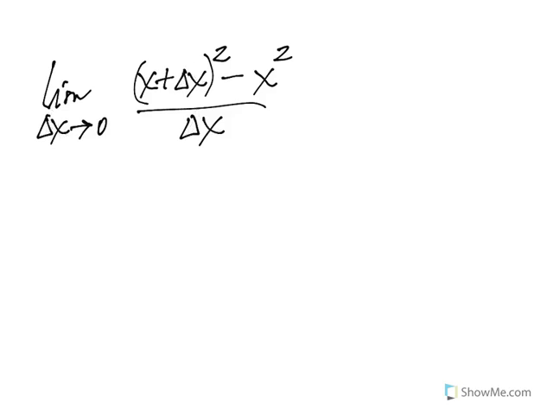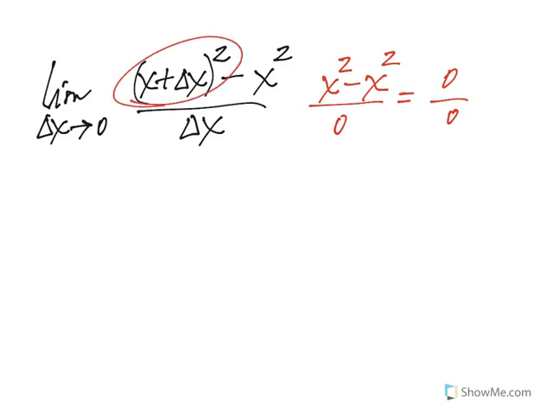All right, now the first thing I do is plug in 0 for delta x. And won't that give me, then on the top, x squared minus x squared all over 0, which is the same as 0 over 0, which is indeterminate form. So what I'm going to do now is just simplify this and see if I can get things to cancel. So if I FOIL out this portion right here, using the box or FOIL method, what I'm going to get is x squared plus 2x delta x plus delta x squared